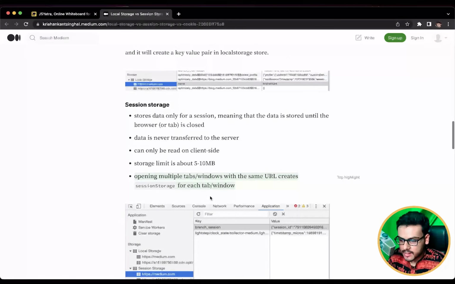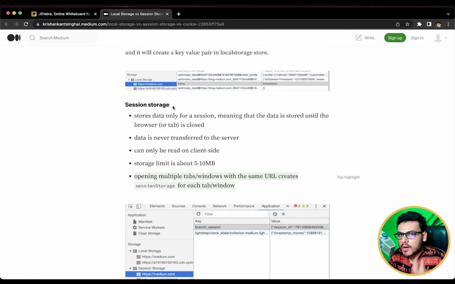Coming to the next part, session storage. Session storage has a decent limit, 5 to 10 MB. Okay. We have solved one thing related to storage, but again it still feels less. 5 to 10 MB in today's world is very less. It is nothing. So the storage limit has increased with session storage, but it has not reached a limit where we can consider session storage as our database.